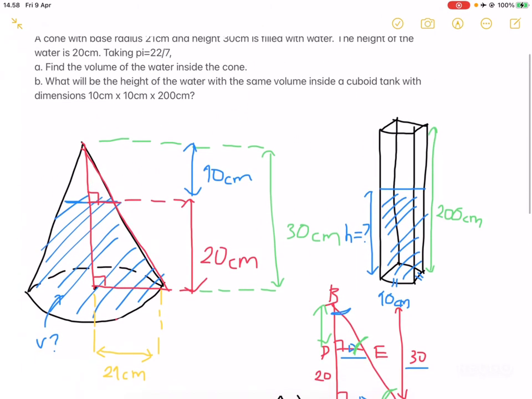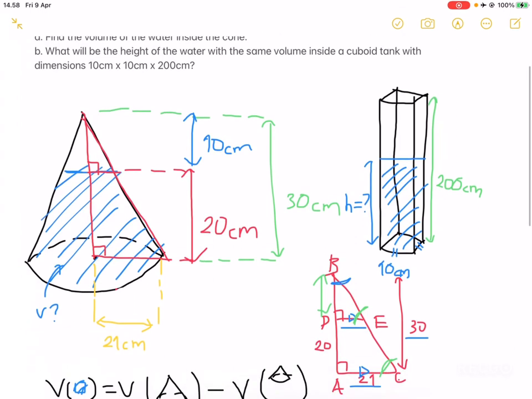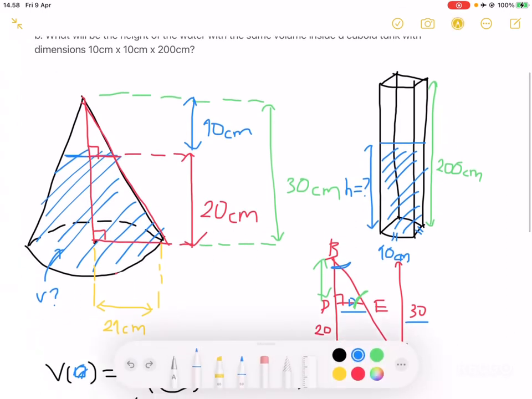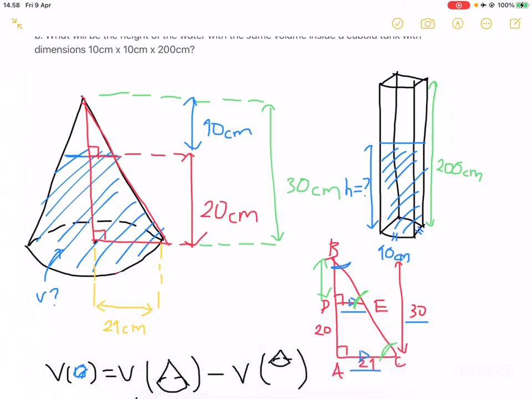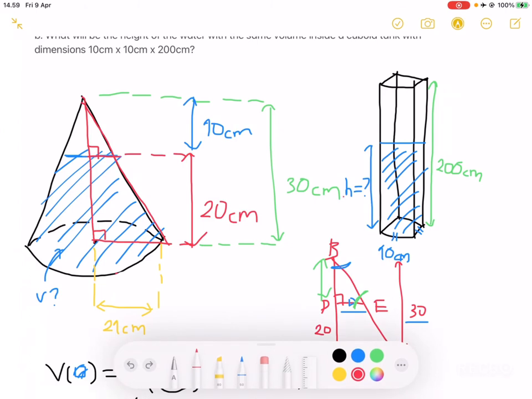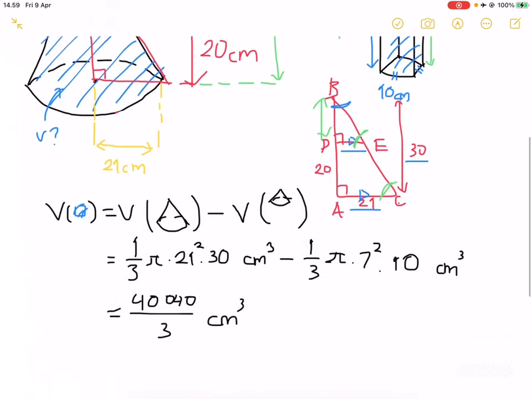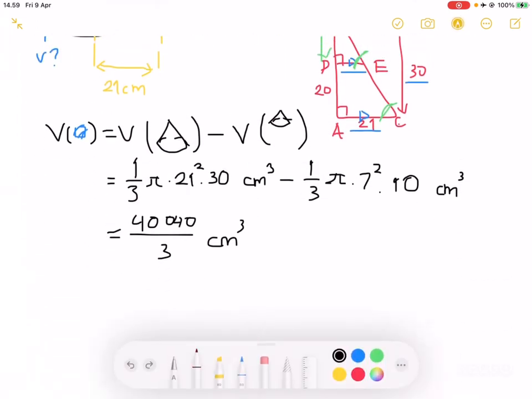So for part B, what will be the height of the water with the same volume, but instead in a cuboid tank as shown on the right side here? So the cuboid tank with its base being a square with side lengths 10 centimeters, and then we have the height of the cuboid tank being 200 centimeters. And then we need to know what this height is, which is the height of our water inside this cuboid tank. Well, since we know we're using the same amount of water,